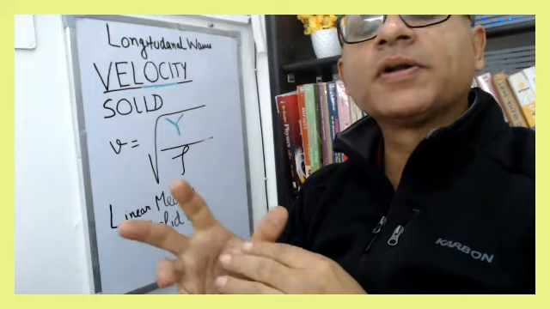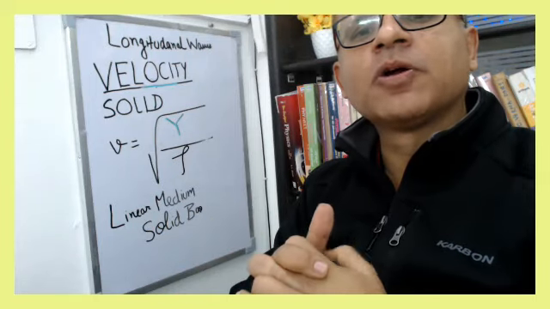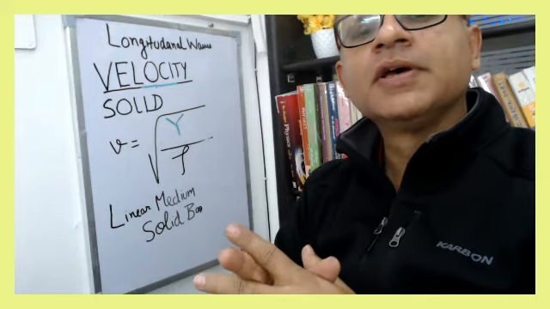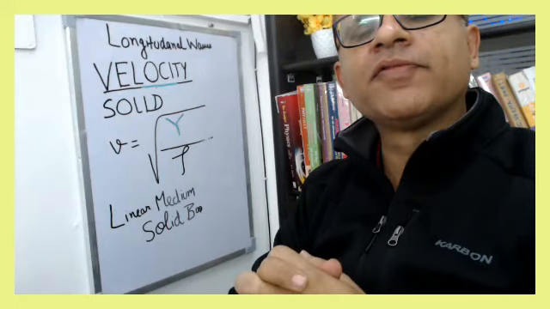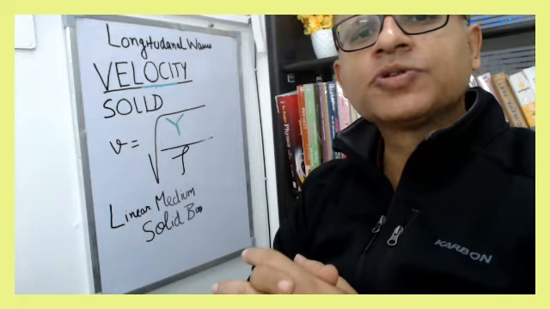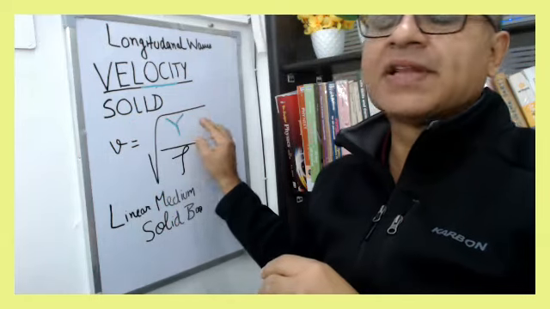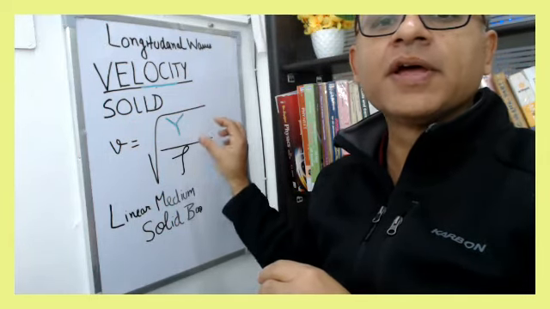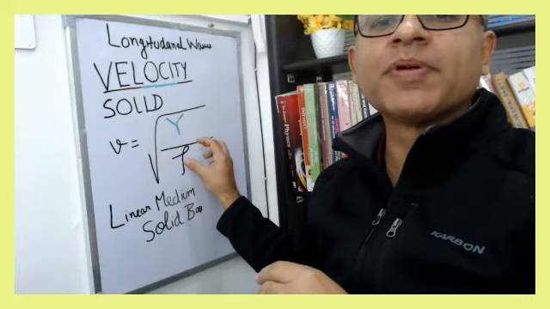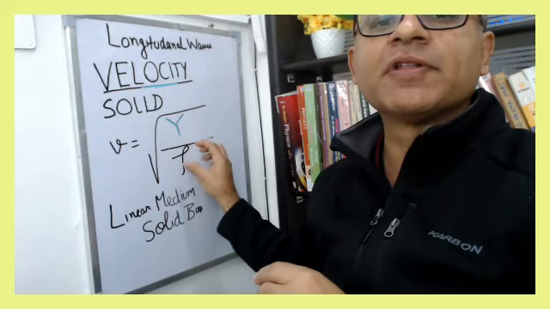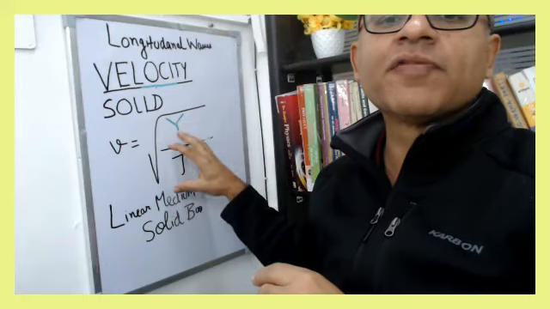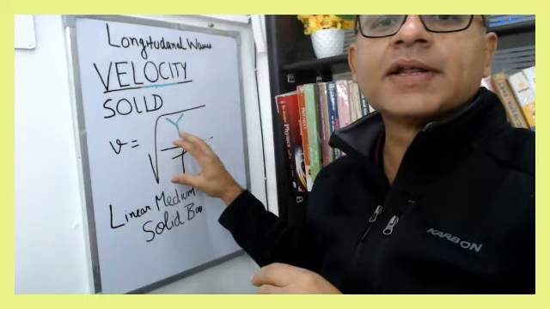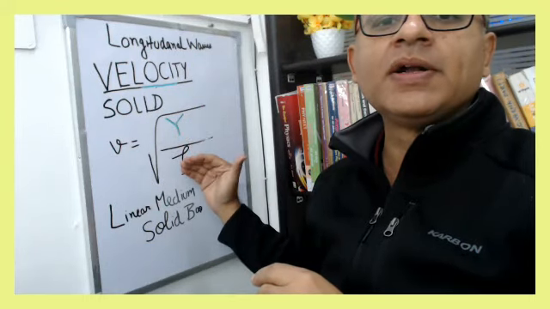So one of the important topics to be covered as part of sound propagation is how do you calculate the velocity of sound using the elastic properties like Young's modulus, and the second, which is the inertial property. Inertial property means something associated with mass. So if you see the formula for velocity of sound, it is square root of Y upon density of the